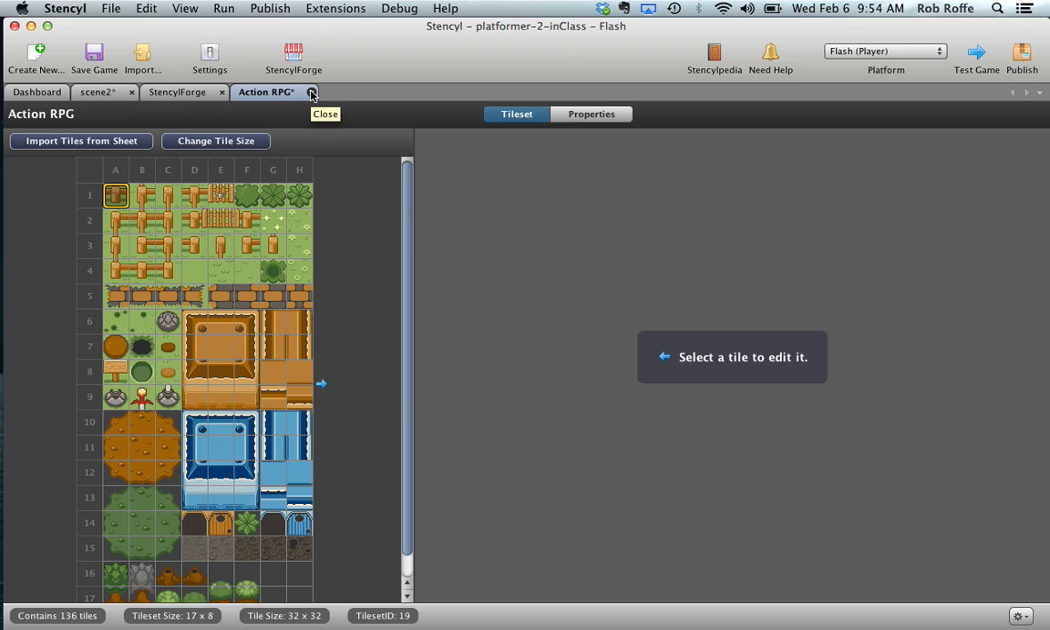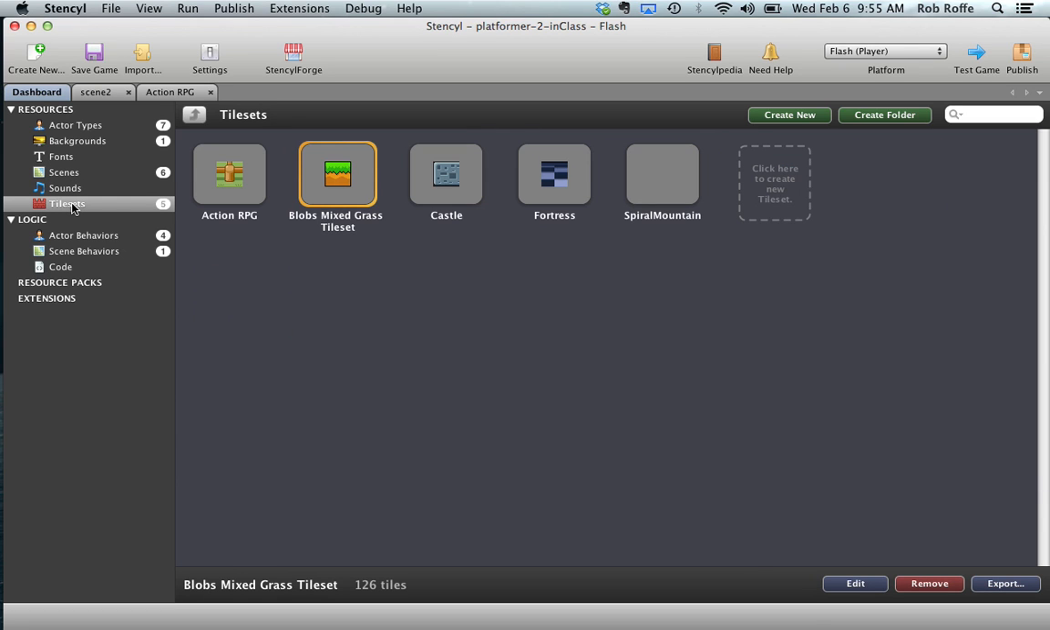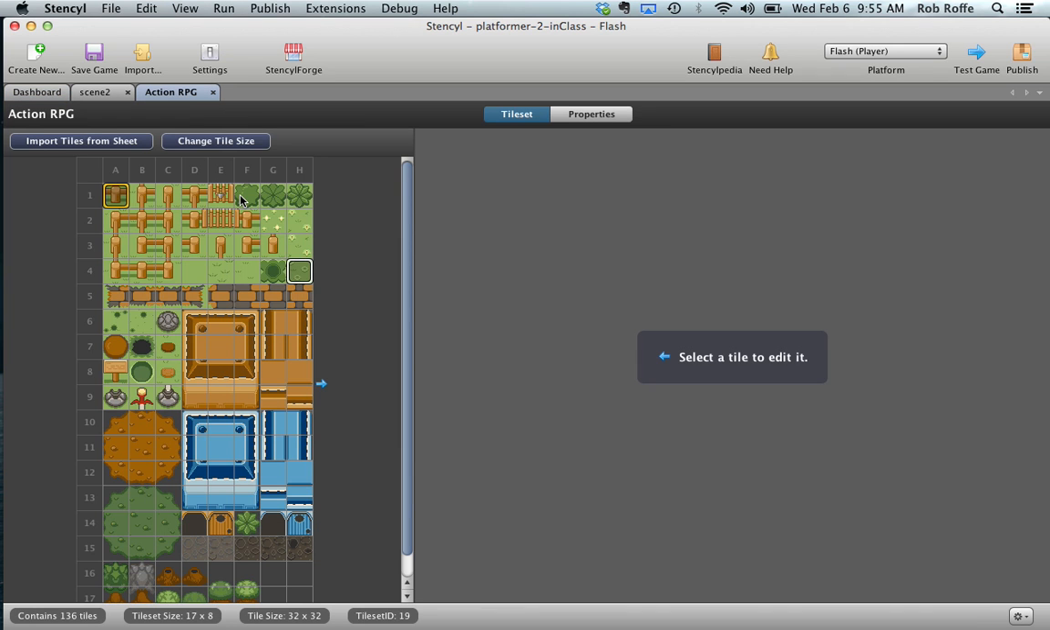So let's just save everything I got there. It could be the top view of a house. It could be anything you want it to be. Okay? So if I go back to my dashboard, under tile sets, you notice I now have 5 tile sets. And here's the one I just downloaded. If I open that,